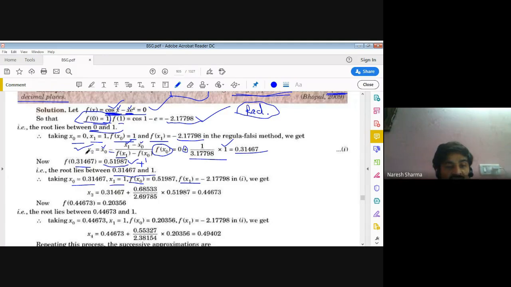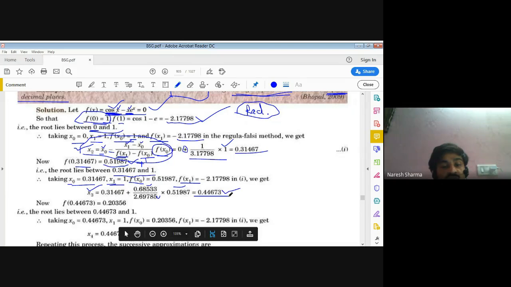Now put everything in the same formula. Just replace the left hand side, this as your x3 instead of x2. So just put here x naught. From this we have x1, so the difference between x1 and x naught, divided by f(x1) minus f(x naught) in the denominator part, multiplied by f(x naught). You can use a simple scientific calculator, and after calculation you get 0.44, which is the next approximation of the root. Once you get the root, you just put that in the original function.